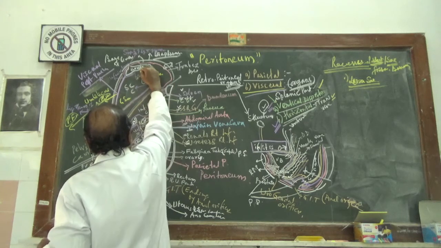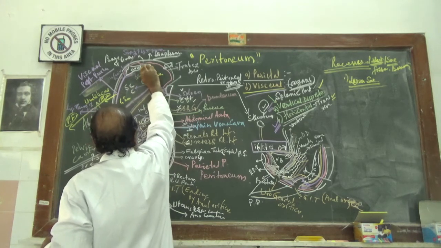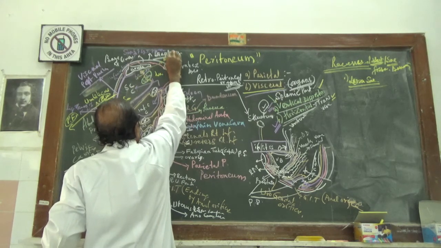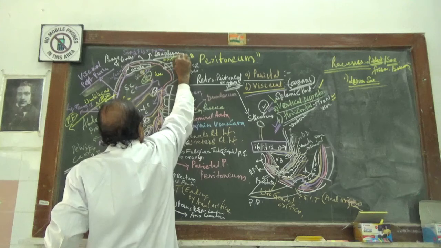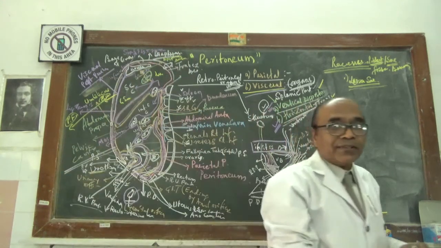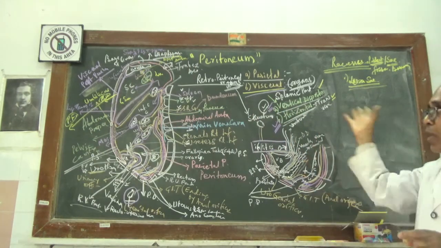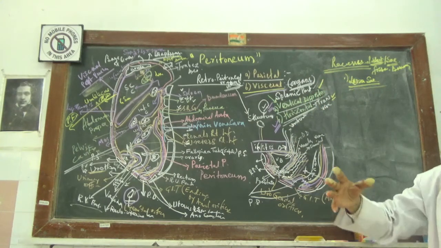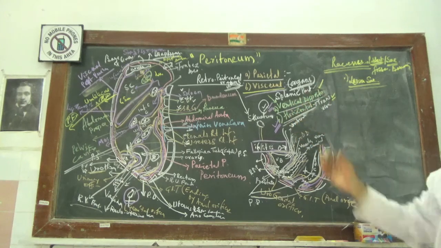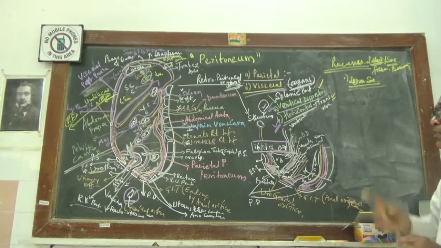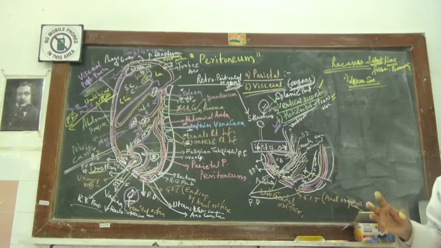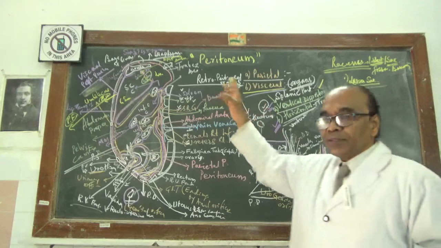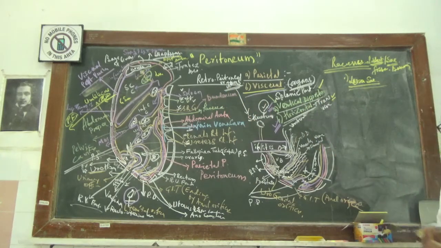The greater sac and the lesser sac are communicated by means of one foramen. Now that foramen is called the epiploic foramen. This epiploic foramen is also called the foramen of Winslow, through which, if any fluid is collected in the greater sac, it may transfer to the lesser sac. You will find this very close to the cardiac orifice of the stomach at the level of the 10th thoracic vertebra.